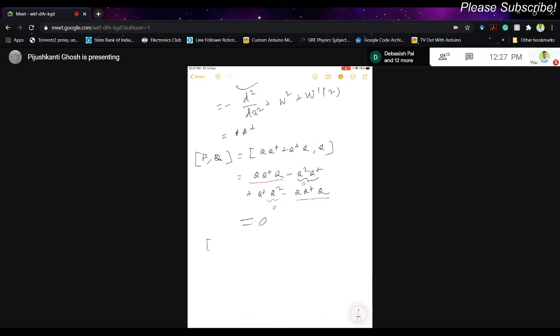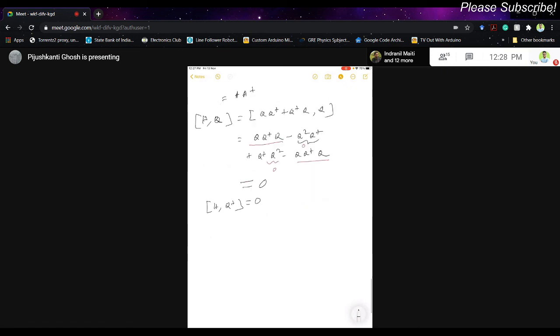Similarly, you can show that Q dagger H is equal to 0. Okay. So you can specify the super algebra: Q square is equal to 0, H commutes with Q dagger and Q, and Q Q dagger plus Q dagger Q is equal to H. Okay. Now we define